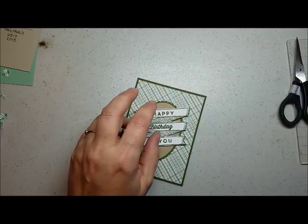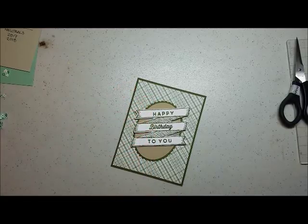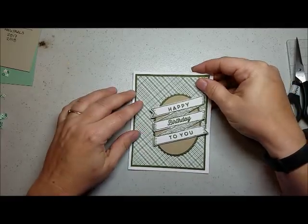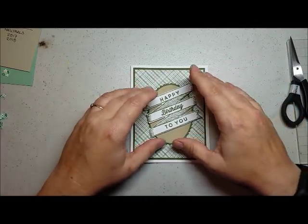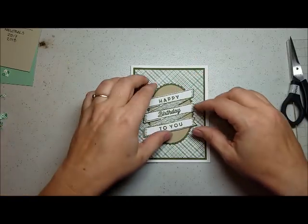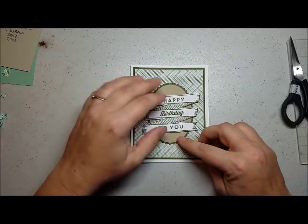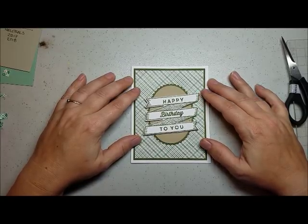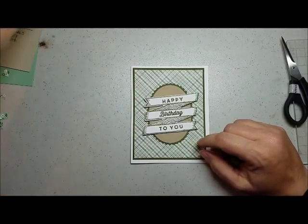Card number 3 is next. And it also uses, this is the triple banner. It uses those oval layering dies. And it just needs to be assembled. Very simple. It's, in my mind, a masculine card, so I would skip adding any embellishments, but I have here